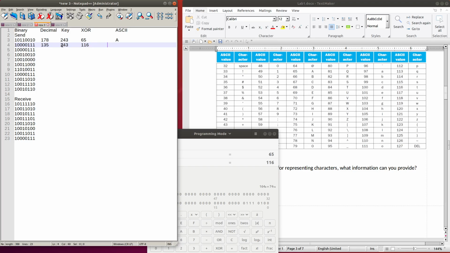And so if we look into the ASCII table for the value 116, it is here. We can see the corresponding character is T.